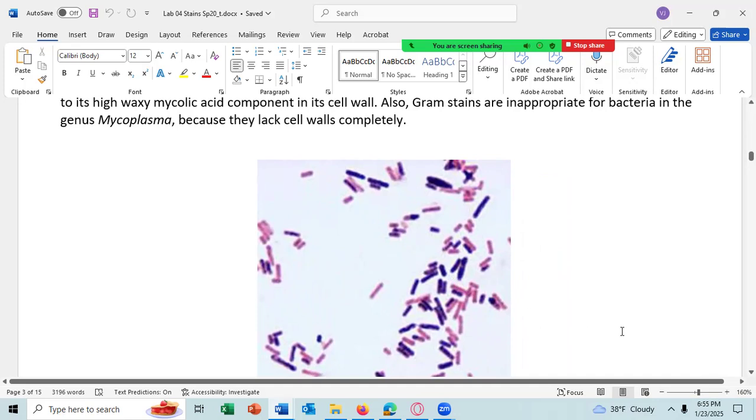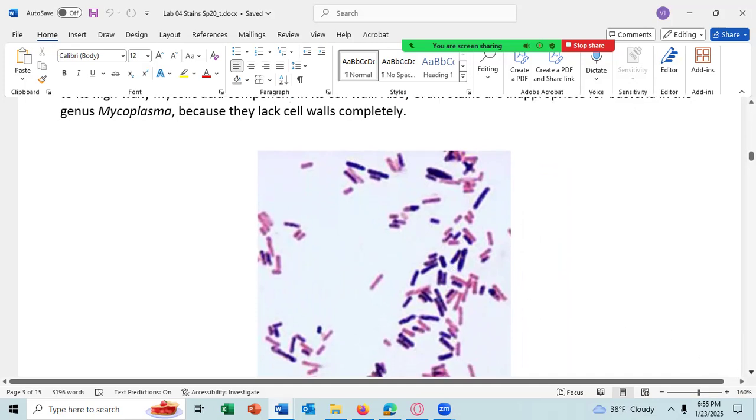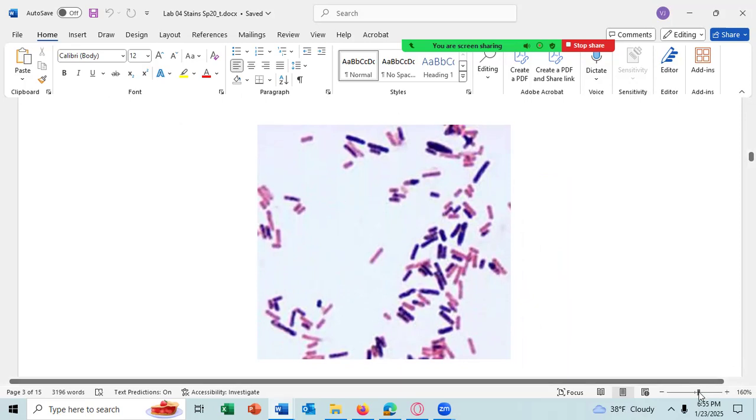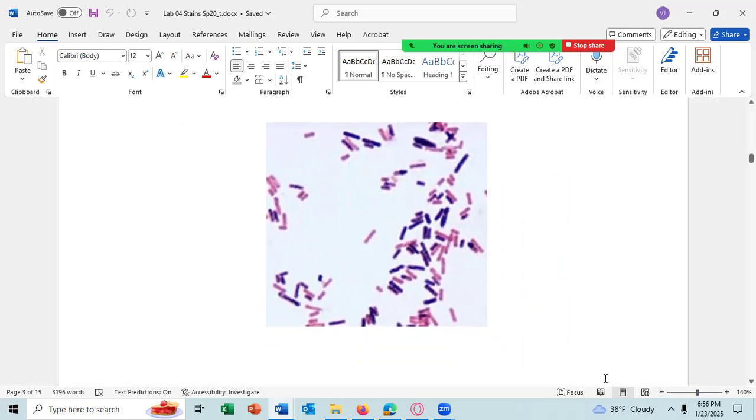But this is probably a Mycobacterium, which doesn't take up the dye as readily as other cells because it has a lot of mycolic acid in the cell wall. And every time I've had a student show me a slide like that on their species that they did the gram stain on, I've always asked them,